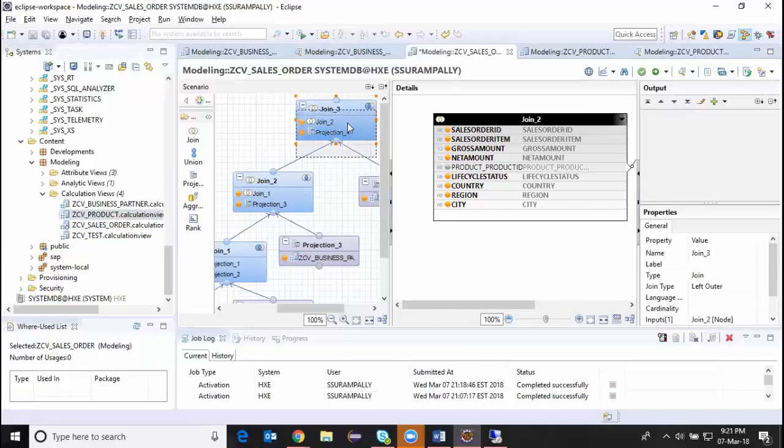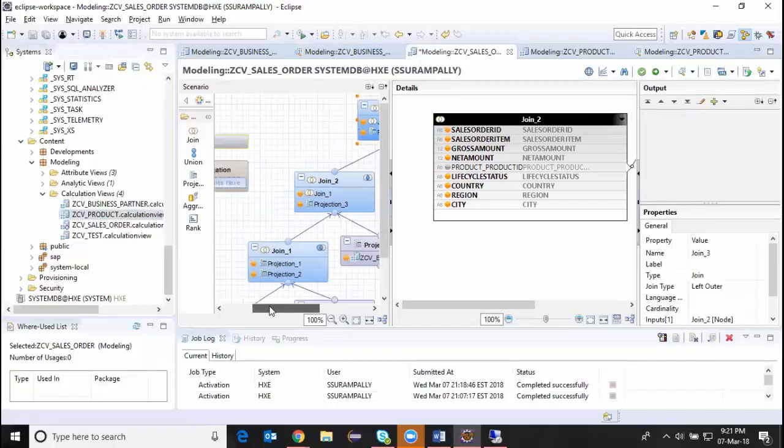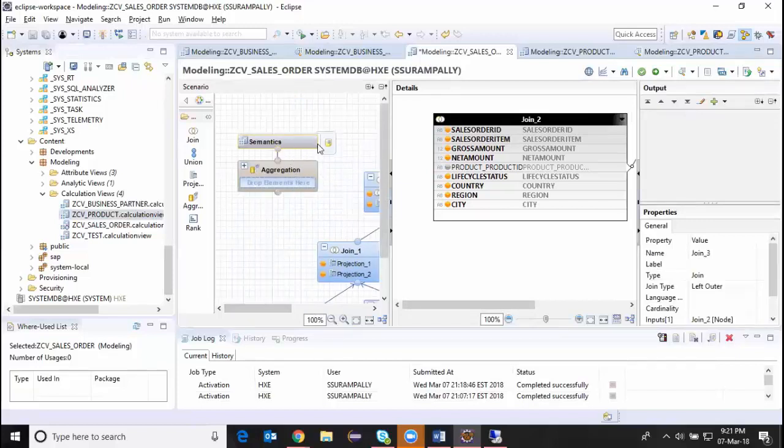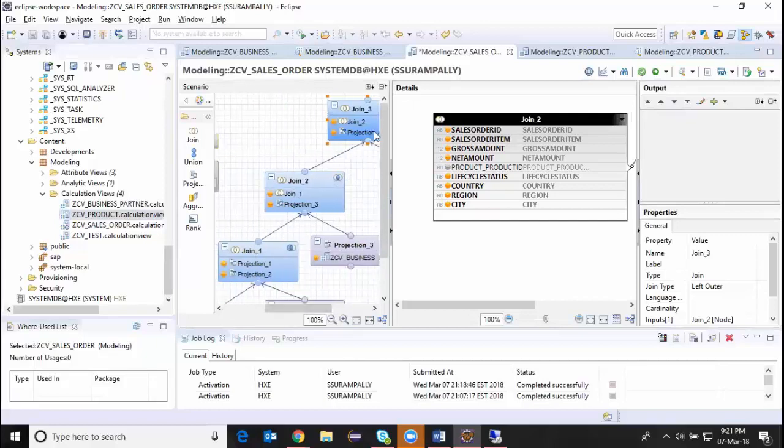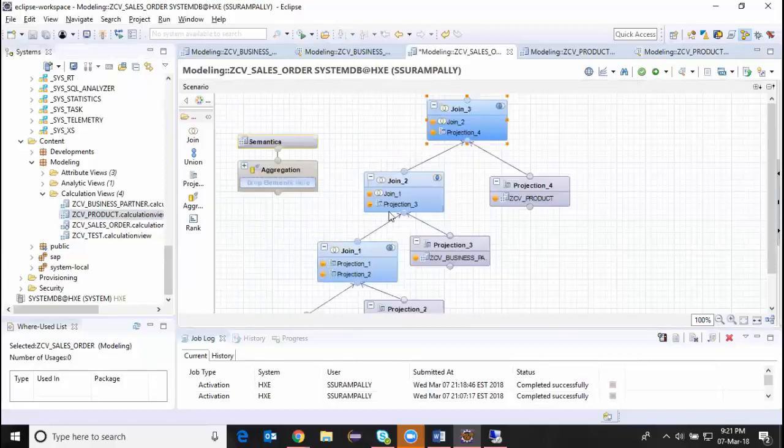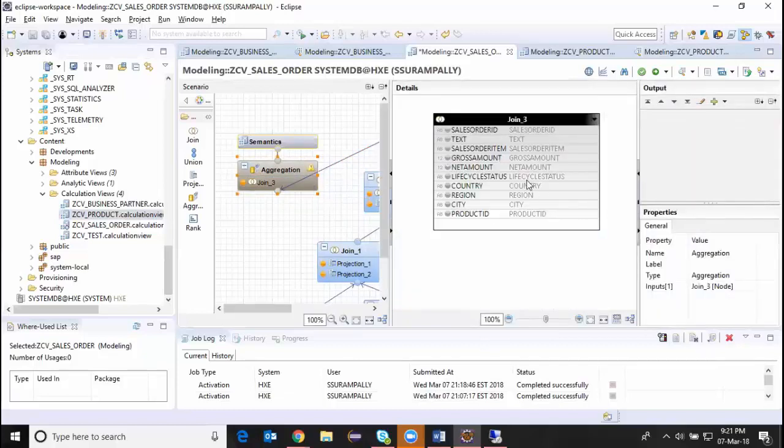Yeah, and then I think I'm good with my view. I'm going to join this with the default node aggregation. So I'm in my aggregation. This is the aggregation node I have. So here I'll have to be a little careful. So all my dimensions are going to be